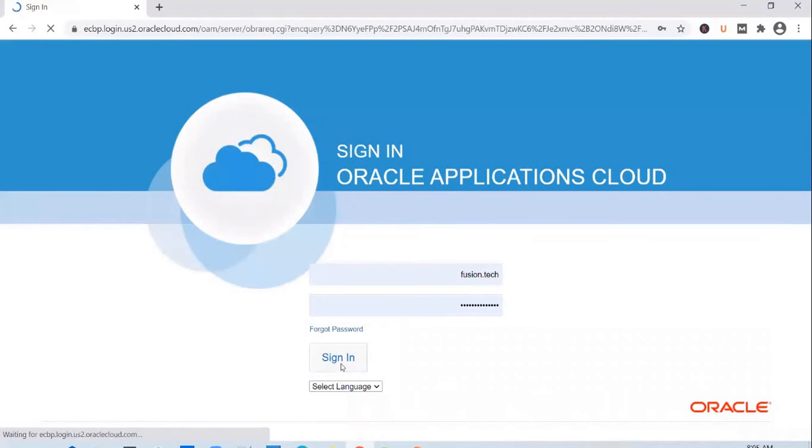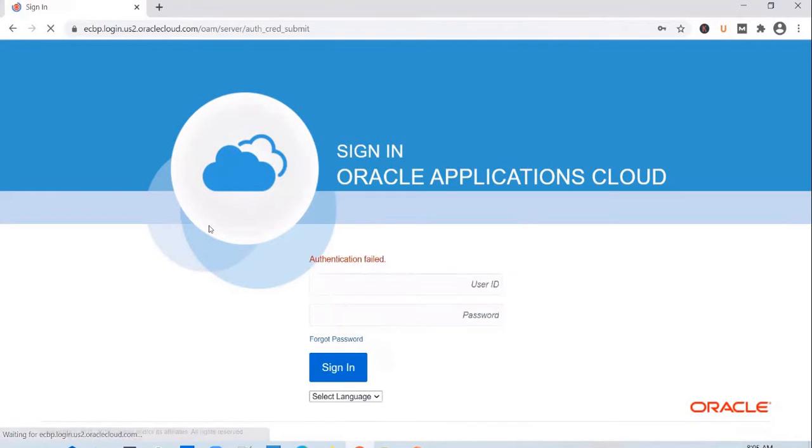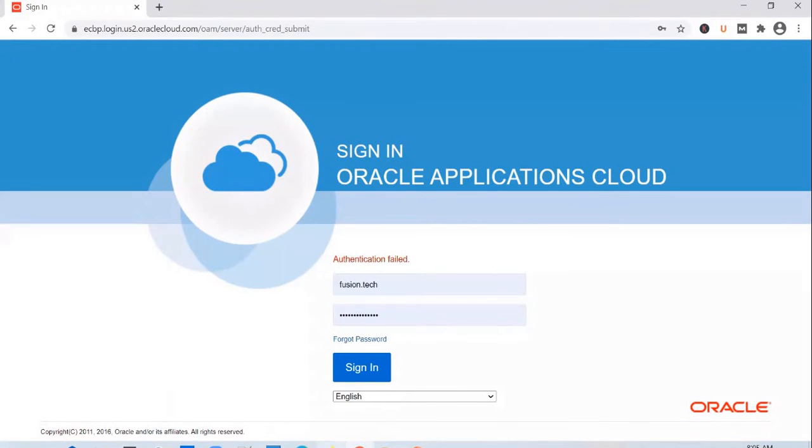Okay, so could you share the new password? I will unlock it. Okay.